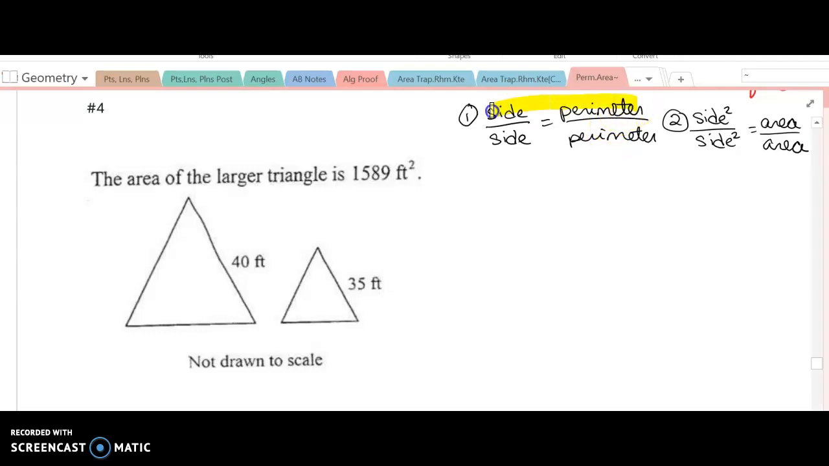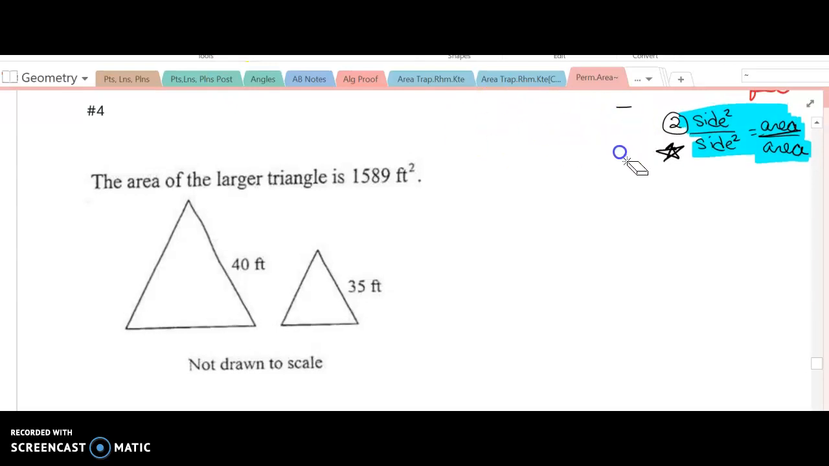One formula is that the ratio of the sides, the matchy-matchy sides, is equal to the ratio of the perimeters. The other one is that the ratio of the sides squared is equal to the ratio of the areas. I think I said areas on the first one. I meant perimeter. So we're going to use formula number 2 here to help us, because it has area. And so if this is the formula we're using,